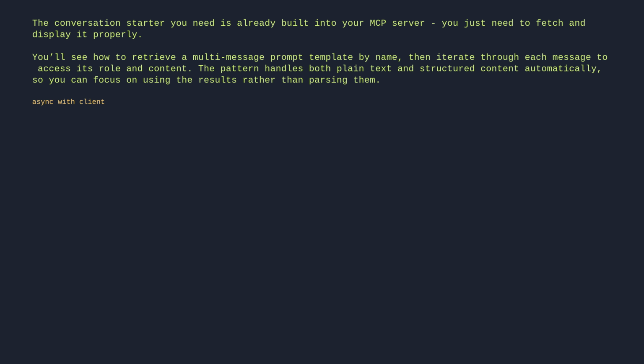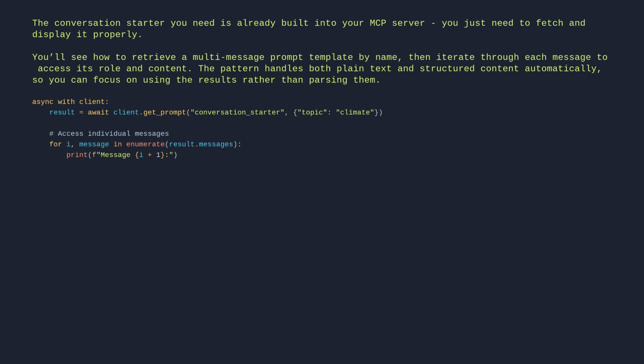async with client: result = await client.get_prompt("conversation_starter", {"topic": "climate"}). # Access individual messages: for i, message in enumerate(result.messages): print(f"Message {i+1}"); print(f"Role: {message.role}"); print(f"Content: {message.content.text if hasattr(message.content, 'text') else message.content}")